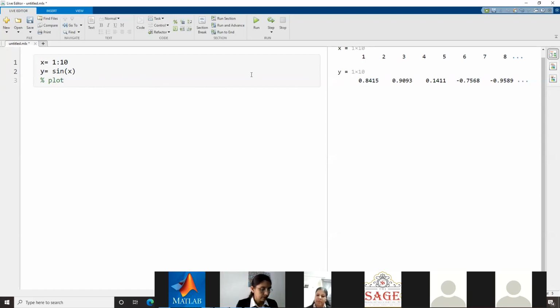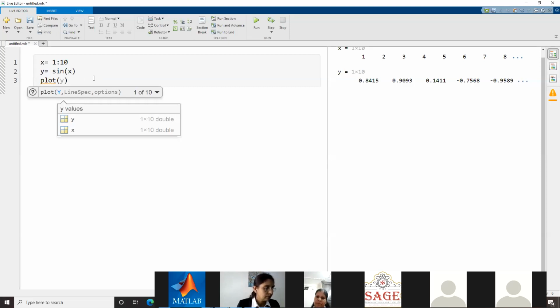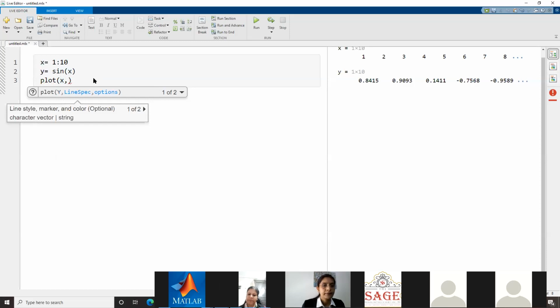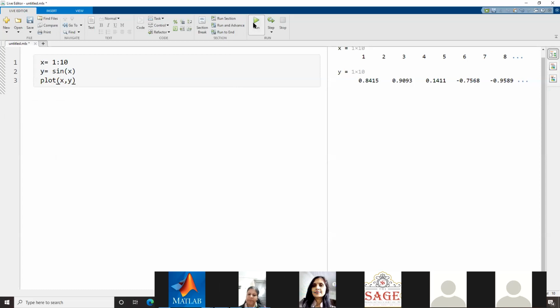Okay, but here when we have the definite values corresponding to each independent variable, then in that case we generally use the plot command, plot 2D, plot 3D, mesh plot. So that we will see further. Okay, so first I'll go with the basics. So here I want to plot x and y. Where first argument will be my independent parameter, which does not depend upon anything. And the second one will be my function. So here y is the function of x. Okay. So if I plot this one, run.